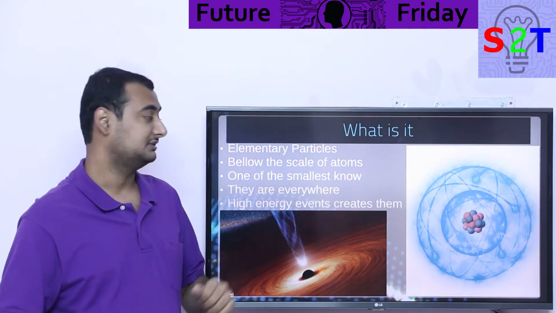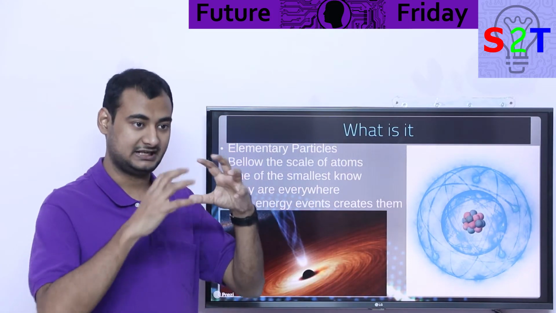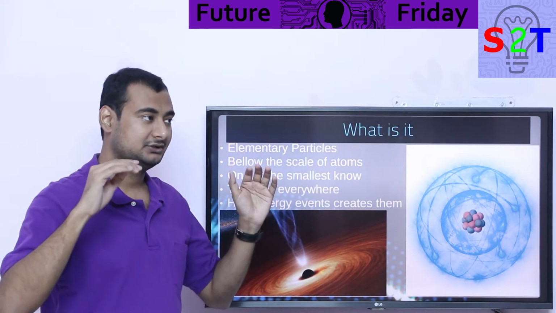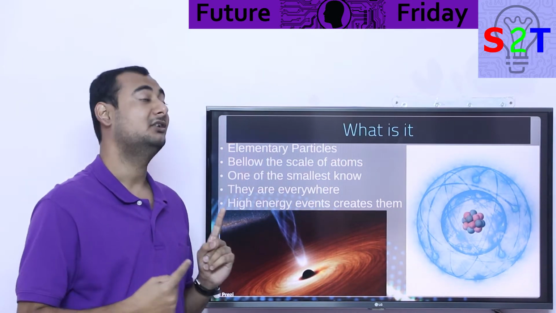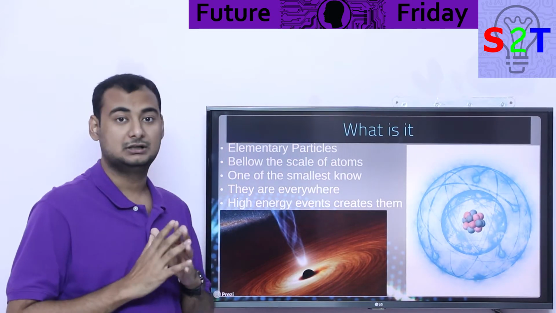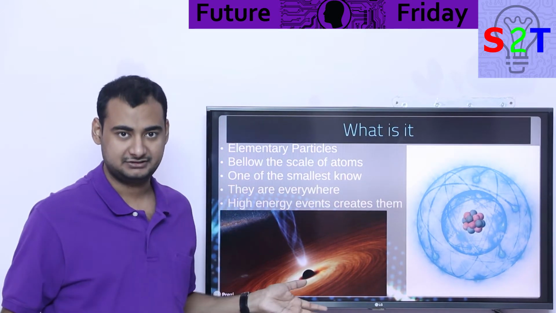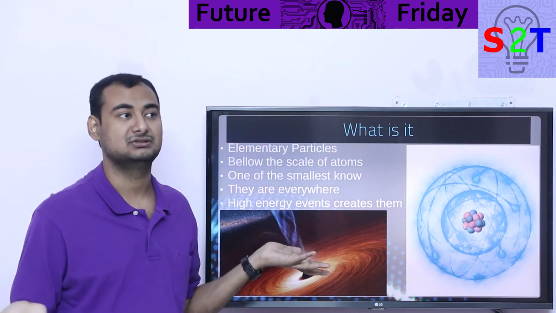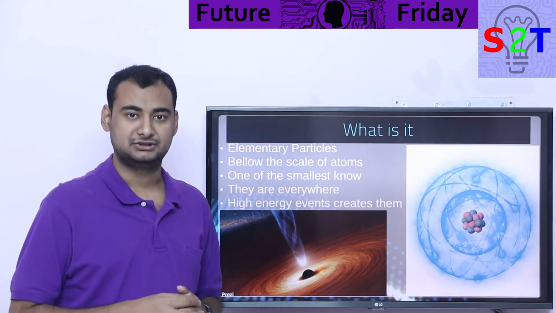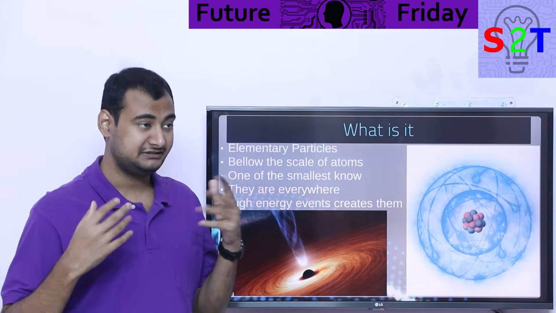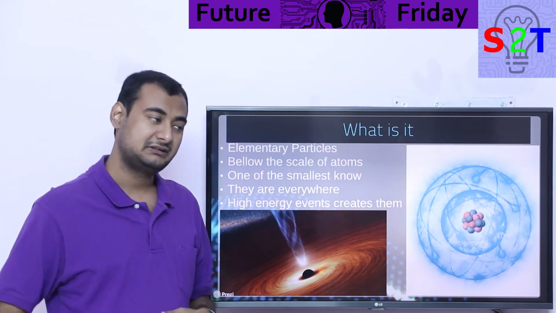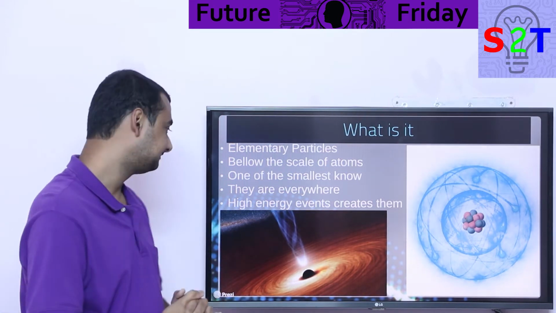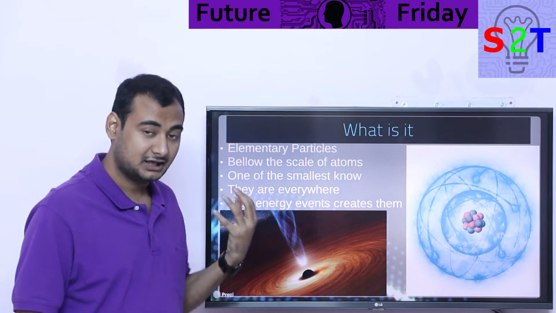Another aspect you have to understand is that atoms are mostly empty space, because they have a nucleus which is very dense, almost impenetrable, and then you have an electron shell around it. So you can easily go through if you are small enough. This puppy is very small. Another interesting aspect of it: it's everywhere. Neutrinos are everywhere. The moment I'm standing here, hundreds of neutrinos, or sometimes even billions of neutrinos, are passing through me. If a massive event like a nuclear high energy event has happened anywhere in the universe, neutrinos will be coming out of it and they will be going through Earth like it's not even there. Matter is almost transparent to neutrinos. They are created in high energy events.